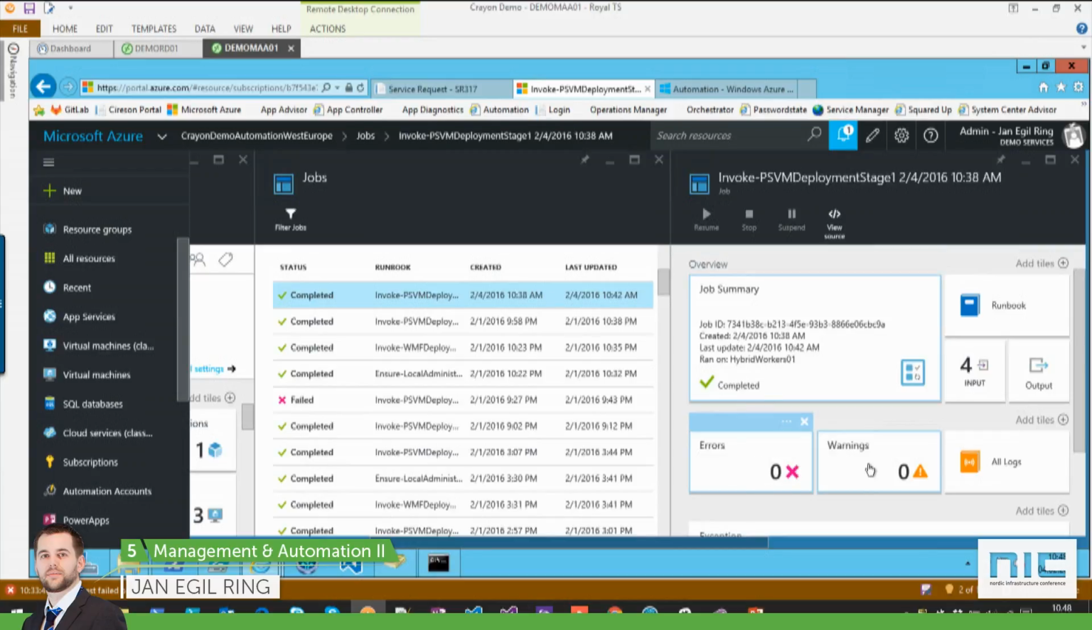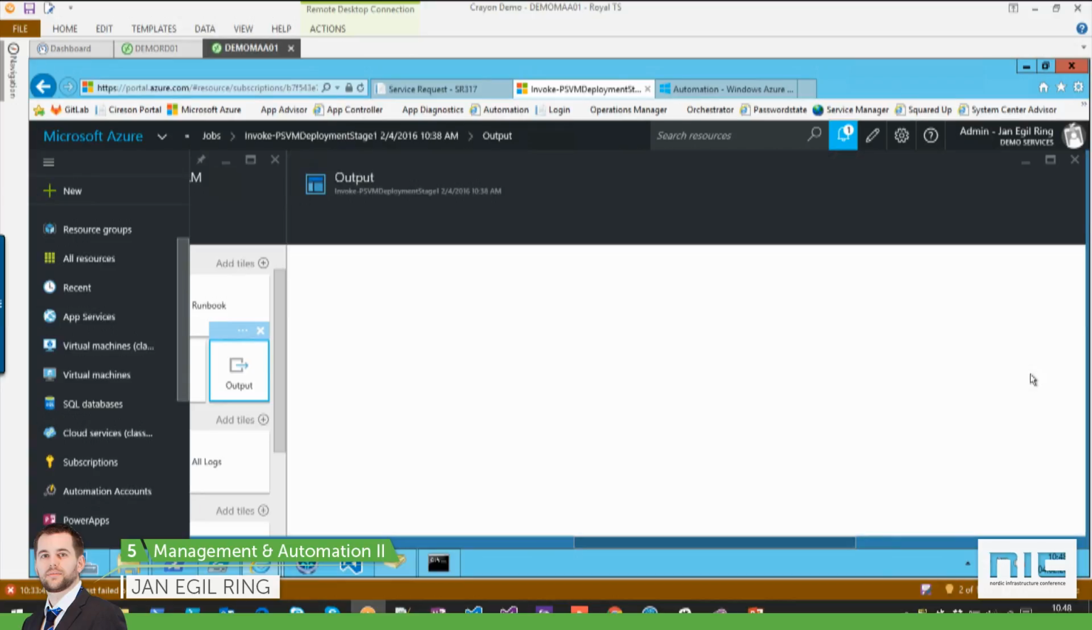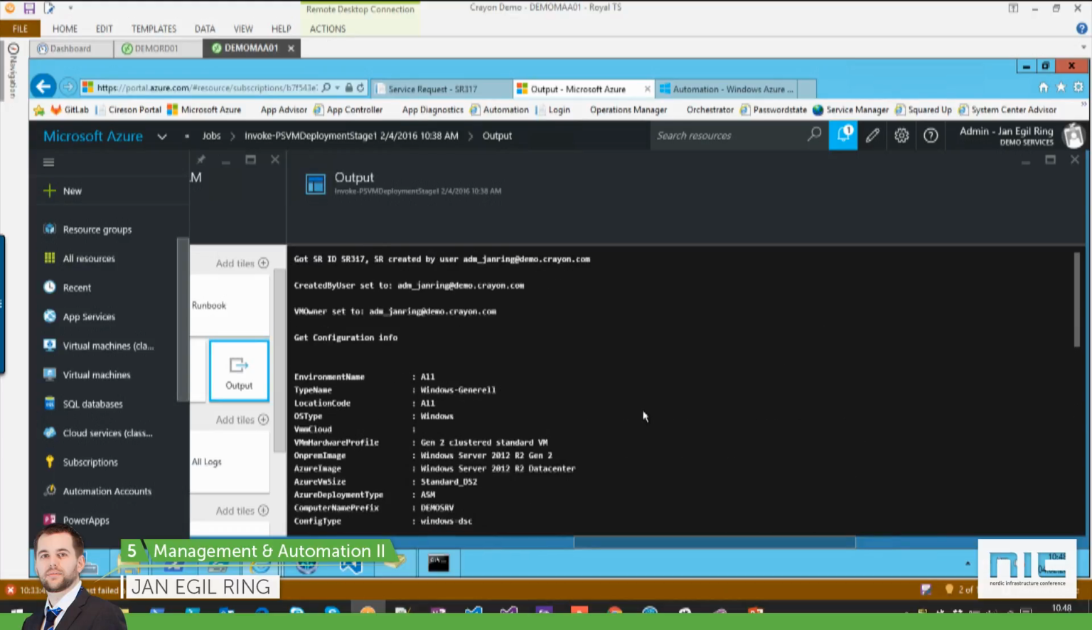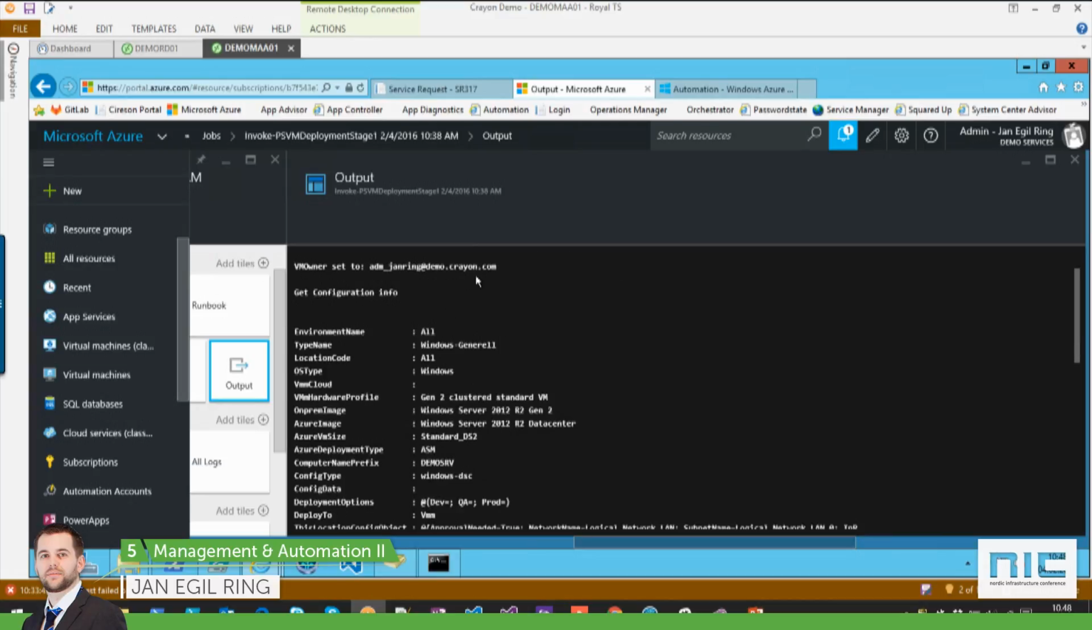If there are any errors or warnings, we can go into those streams, but we can go into output. This will basically show you the same output as when you run the script in a PowerShell console. So you can see that the output pane looks pretty much like a PowerShell console. If you go into the top here, you can see the information that the deployment script is outputting. For example, the service request ID from Service Manager, what user created it, who should be the owner of the